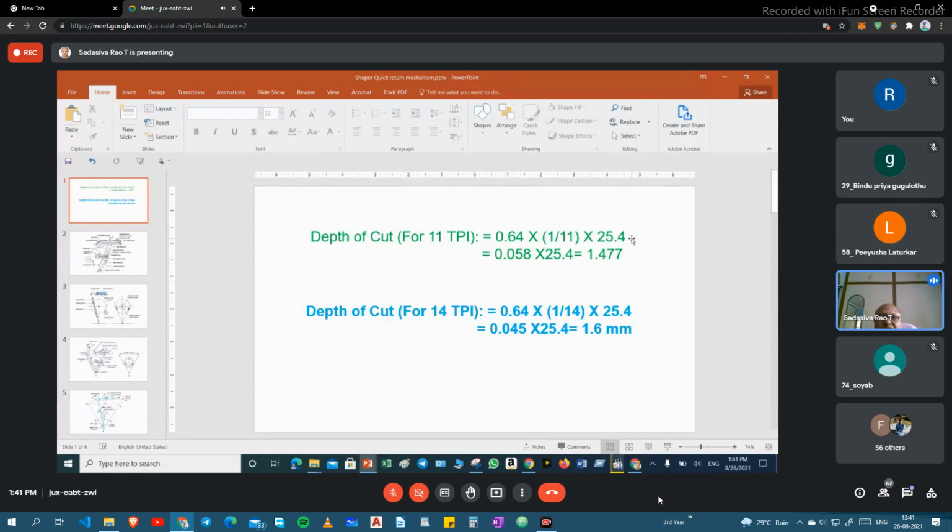We are converting from inches to mm. So 1.477 is for 11 TPI, and in the same way for the 14 TPI we will get 1.6.